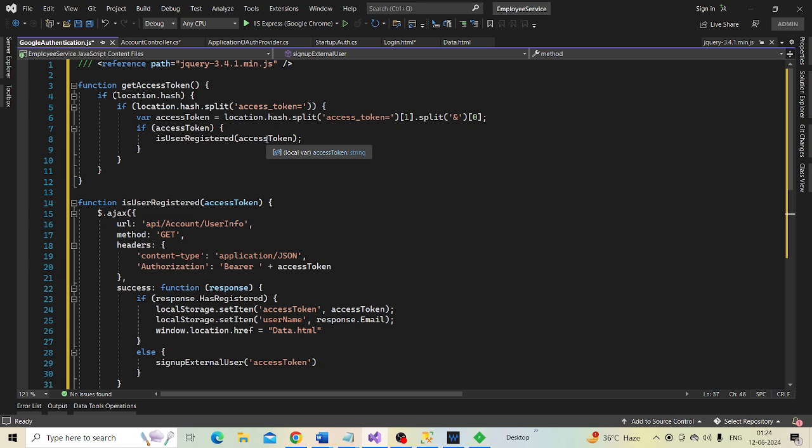It checks if the external user is registered locally with our application.